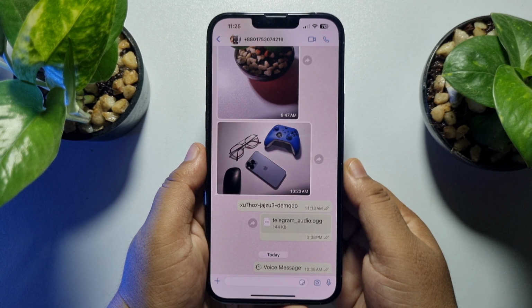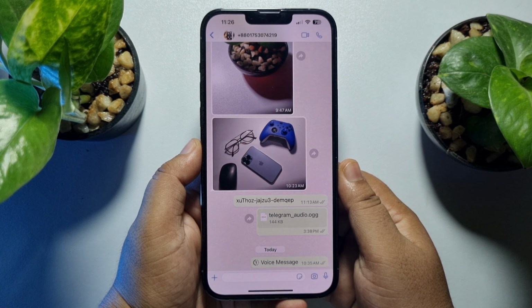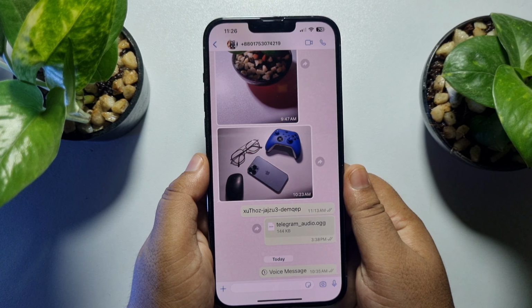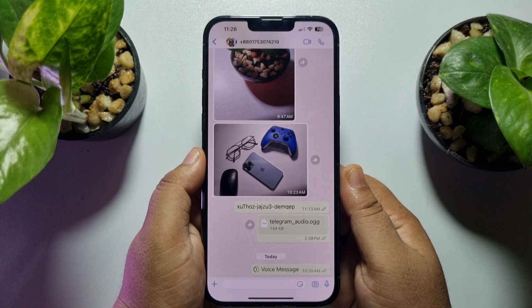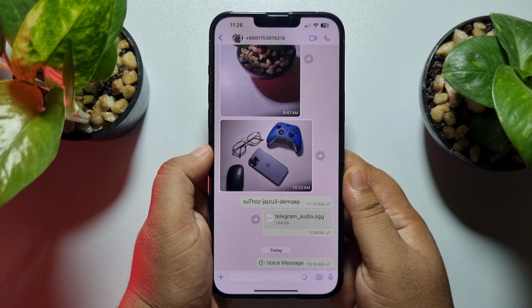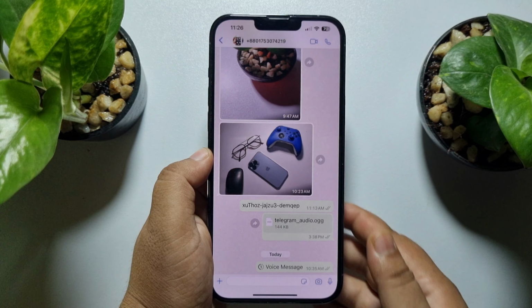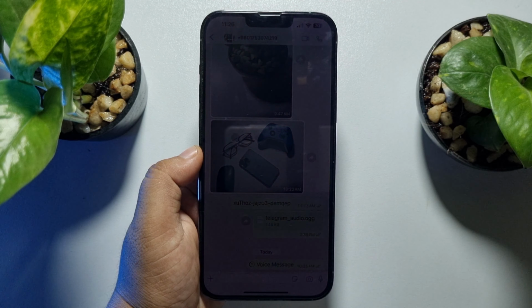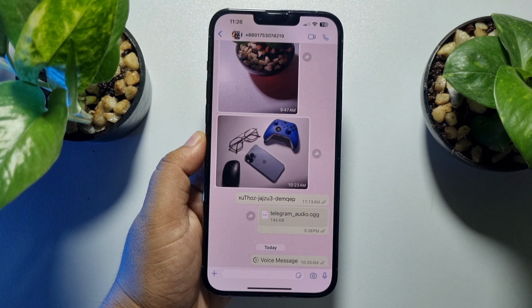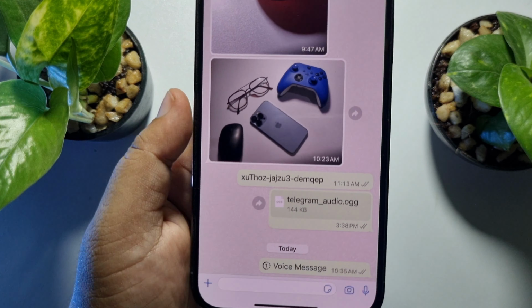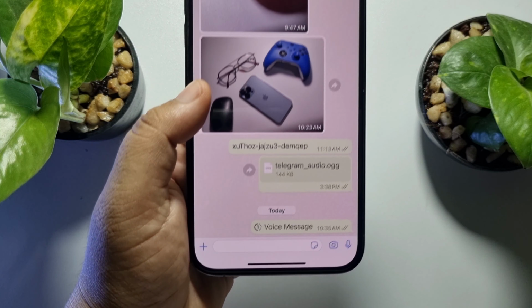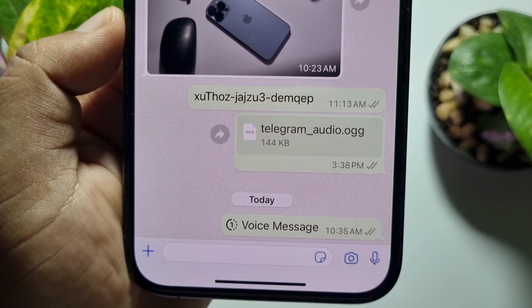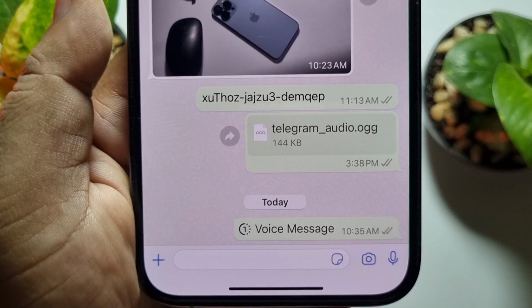Hi, this topical talk is going to show you how to send disappearing voice messages on WhatsApp on iPhone. Follow these easy steps to send a disappearing voice message to your WhatsApp chat. As you can see right now, I'm in my WhatsApp conversation, and here's how to send a disappearing or one-time